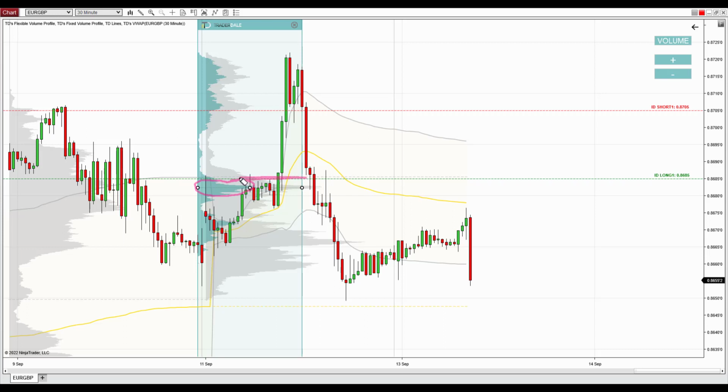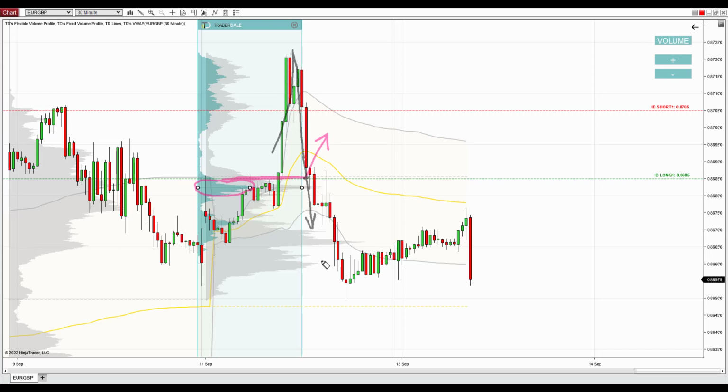This was the support, and as you can see, what happened afterwards, there was a sharp rejection of higher prices. Price reversed, went into a strong sell-off and went past that level. So this one turned out to be a losing trade. I expected the price to react there, to go upwards, but it didn't, and it shot past the level with